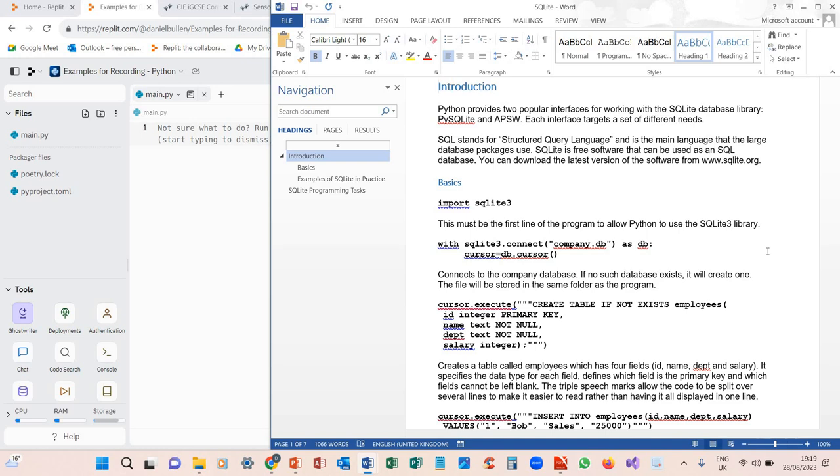Python provides two popular interfaces for when you work with SQLite database library. There's PySQLite and then there's APSW. Each interface targets a set of different needs. SQL is the main language that large database packages use. SQLite is free software that we can use as an SQL database. For those who want to do it, you can download the latest version of the software from